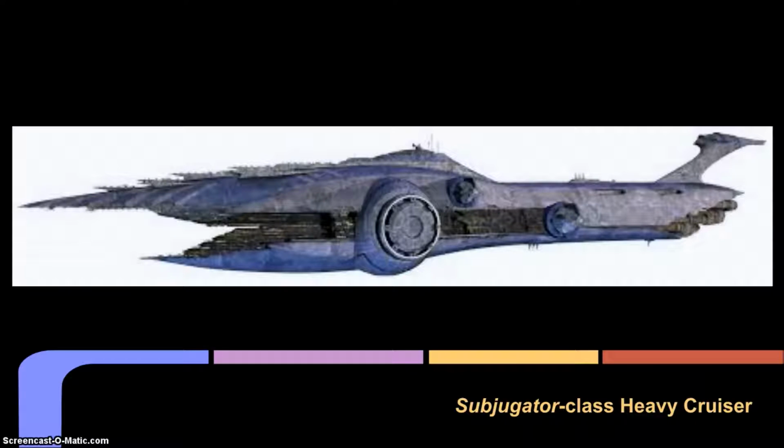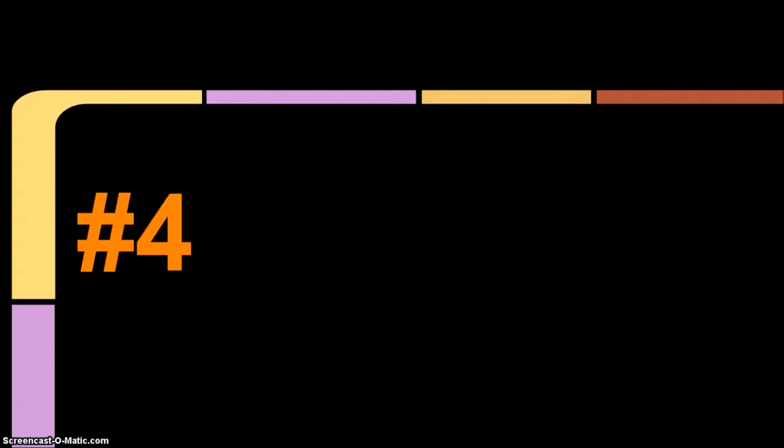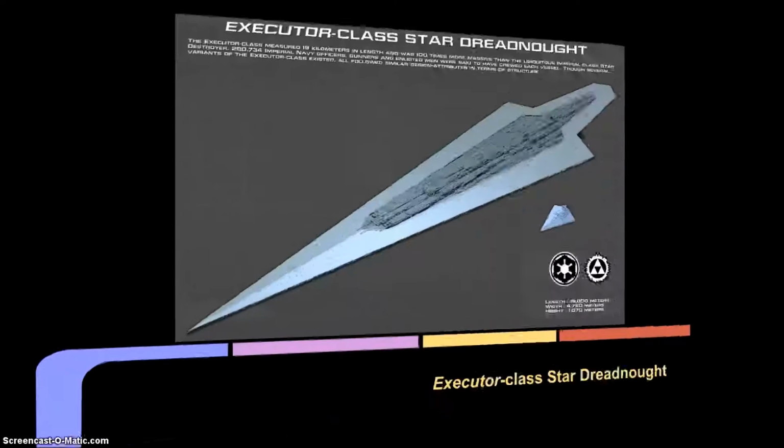Though there are some problems with it, like a big empty space in the middle for a rail car, a hover car system, whatever it is. It's kind of weird, but I guess it makes some sense if a ship's so big. You need somewhere to get around. Though in the episode it did seem a bit plot convenient that it was used in, but it is a very cool design. For my number 4 pick, I went with the